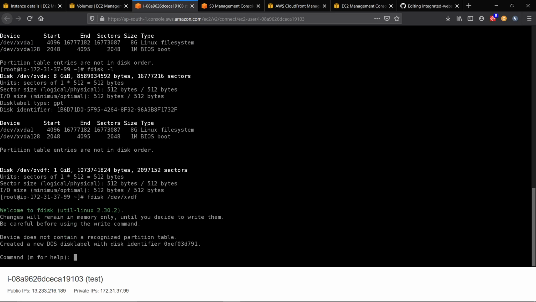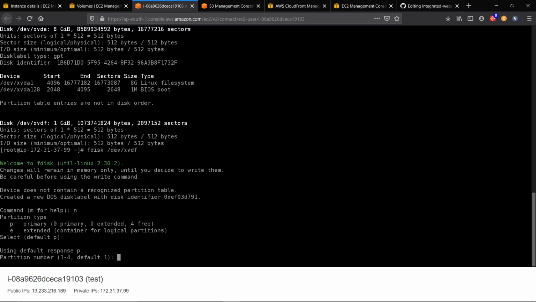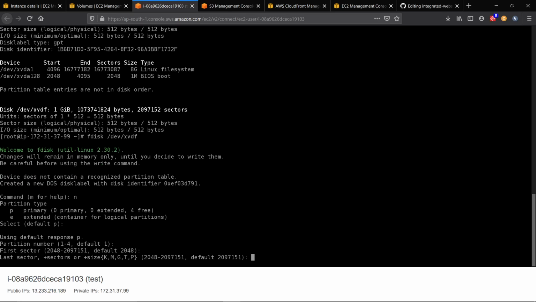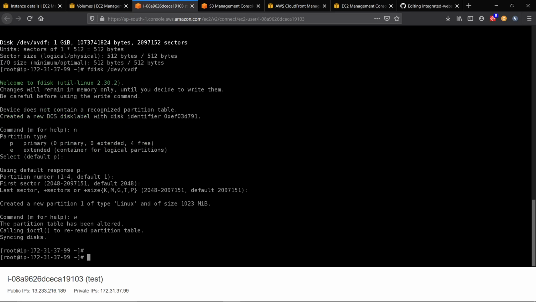Same command. By default I am giving one. We have to do this only, and save with w. Then we will do mkfs.ext4 and the name of the drive, xvdf1.